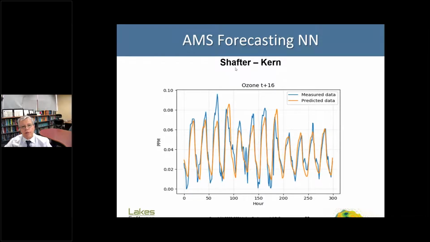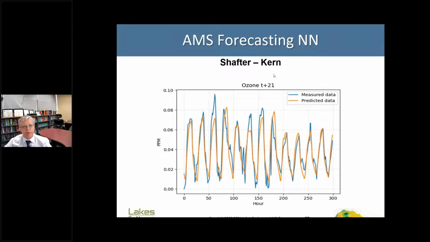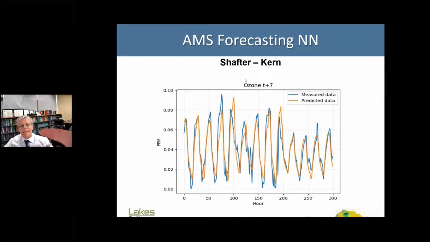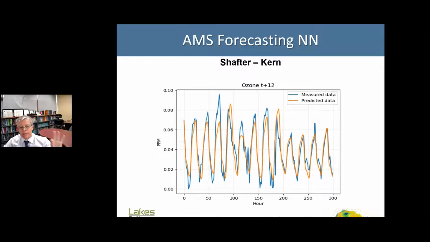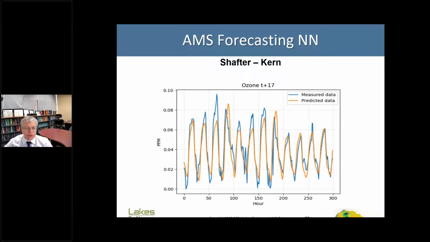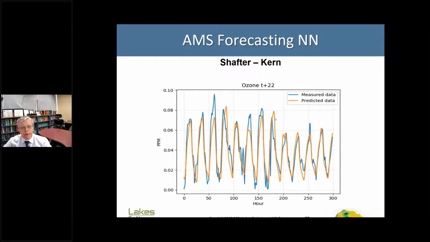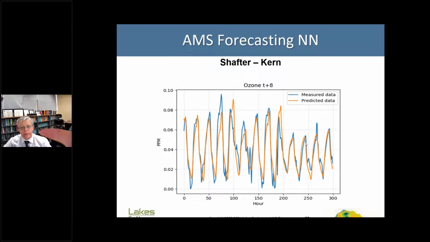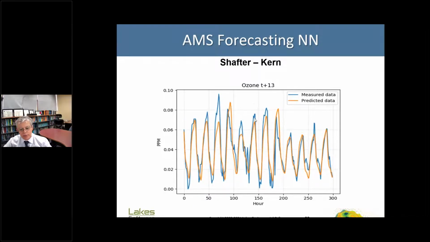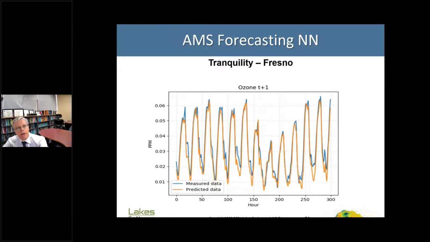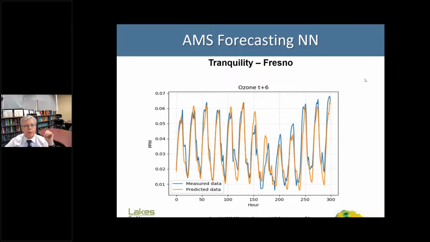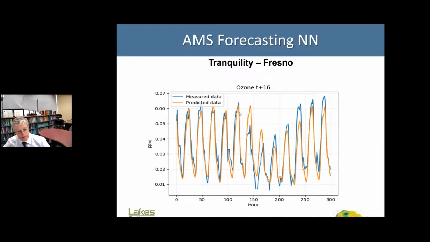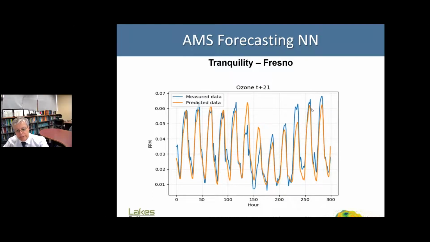In California, they told us you could not forecast Shafter because we're having ozone problems. And I know the photochemical model, why it's not as accurate there. There is a specific reason. I can answer in the questions if you want. And we were doing outstanding. Look, we're forecasting 24 hours ahead. Look at that. This is crazy good. And they said, okay, now you cannot do Tranquillity in Fresno. We're doing even better. There it's even easier to forecast. Look at the forecast here 24 hours ahead.